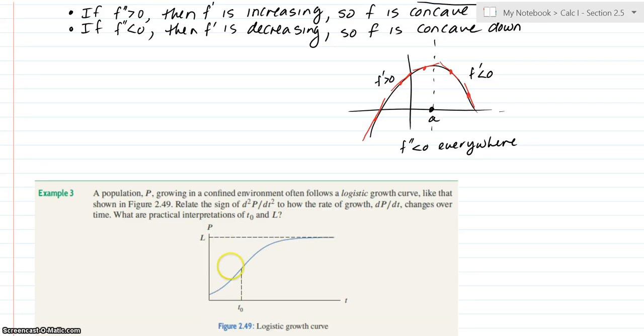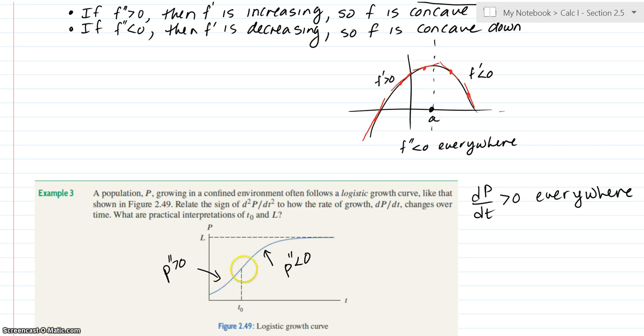Okay, so if you notice here, P is increasing, right? dP/dt is positive everywhere. P is increasing, the slope is positive. But the second derivative, notice how it's concave up in the first bit and then it's concave down. So here, the second derivative is positive, and over here, the second derivative is negative. It does make sense because the derivative of the derivative gets steeper and steeper, and then it kind of